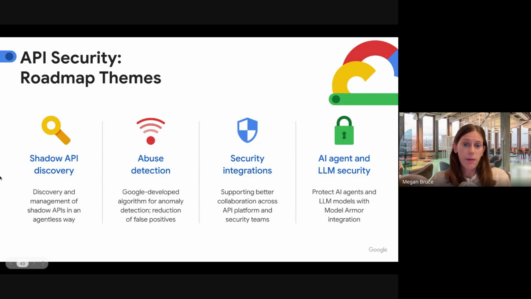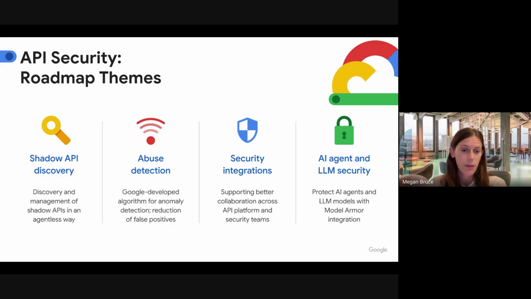And then in terms of roadmap themes, I touched on a lot of these already, but these are things that we're really investing heavily in. Now, again, if you're an Apigee customer and you want to hear more details about any of these things, please reach out to your account team. We can schedule roadmap sessions. It'll probably be me on that, and I can give you a lot more details. But in this forum, in the community forum, I can tell you that these are the sort of broad areas